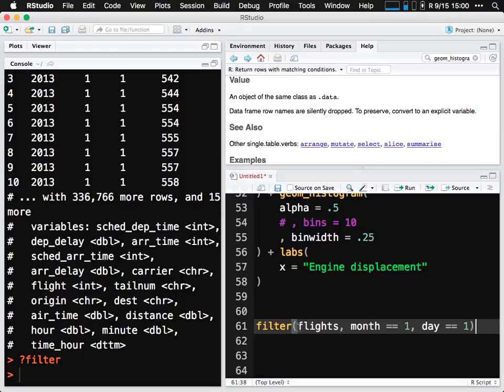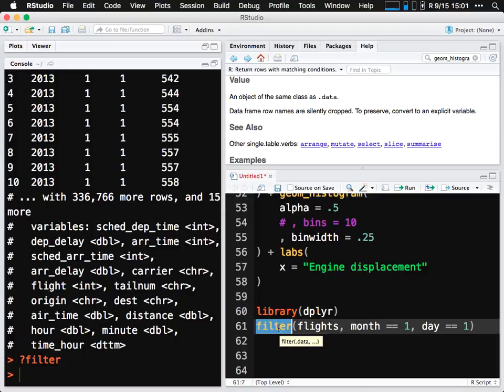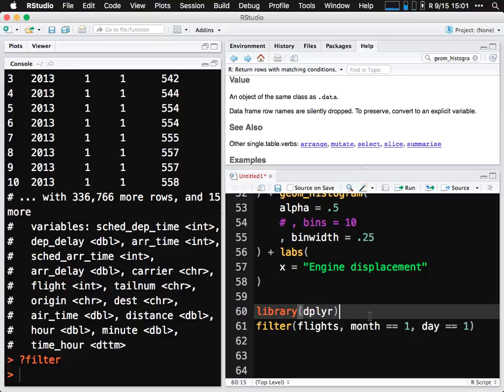So when I tried doing that, it told me that it couldn't find function filter. Ah, so did you do library, dplyr? Did you spell filter right? I spelled filter wrong. Oh my god, yes. Flitter. Yeah. Wow. Okay, so I'm going to convert this to the kind of code that I like, which is the